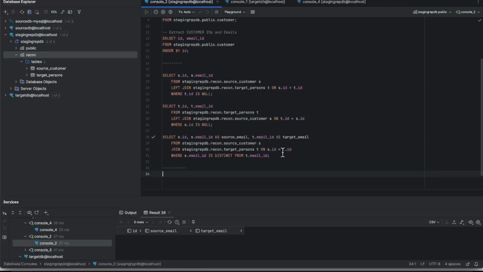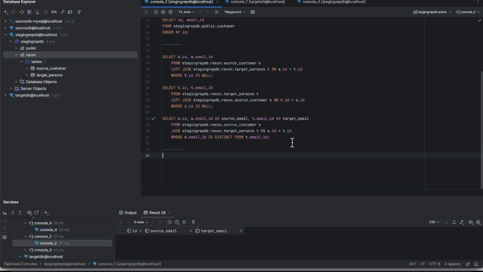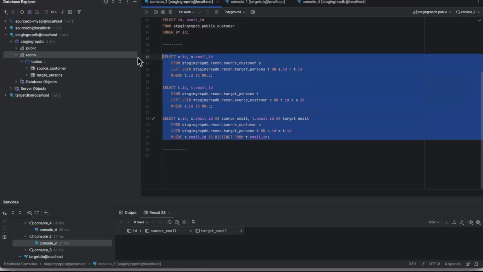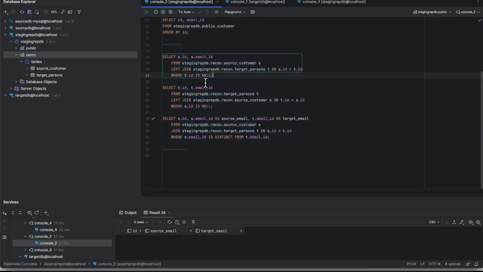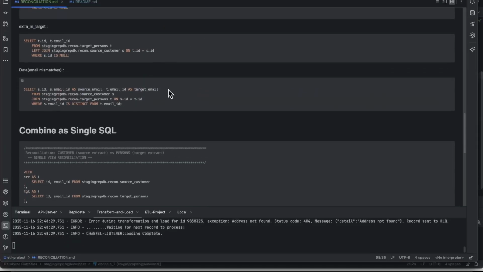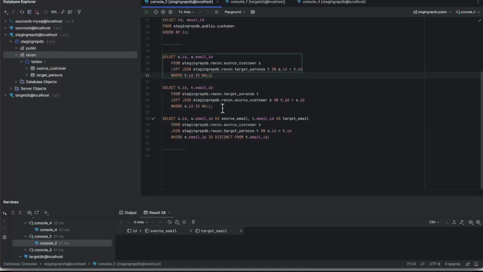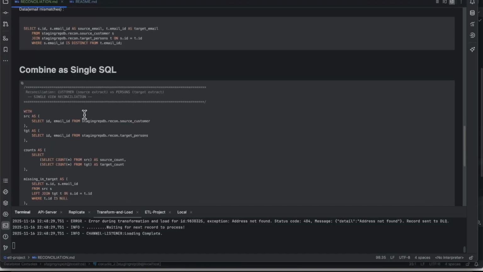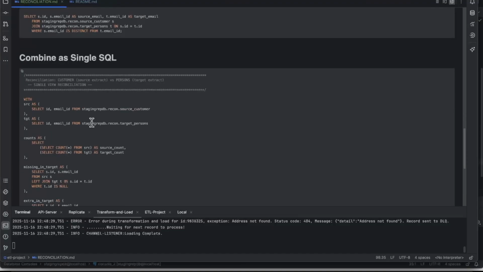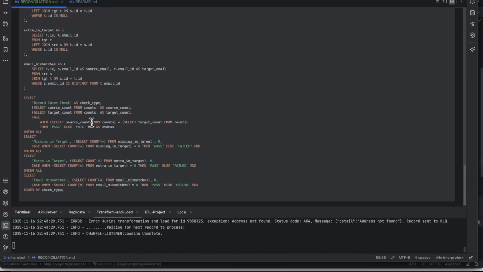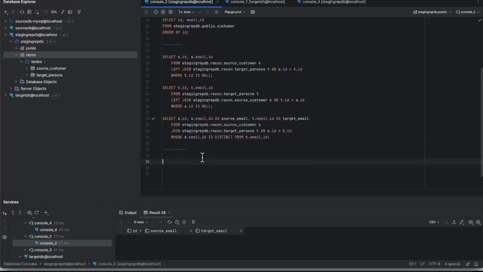Now we can run. So we have pretty much done the reconciliation process bit by bit. Now we can combine all this and generate a nice report. Because you are using SQL, it's better to run everything at once and show it to your test lead or test manager that this is how we have